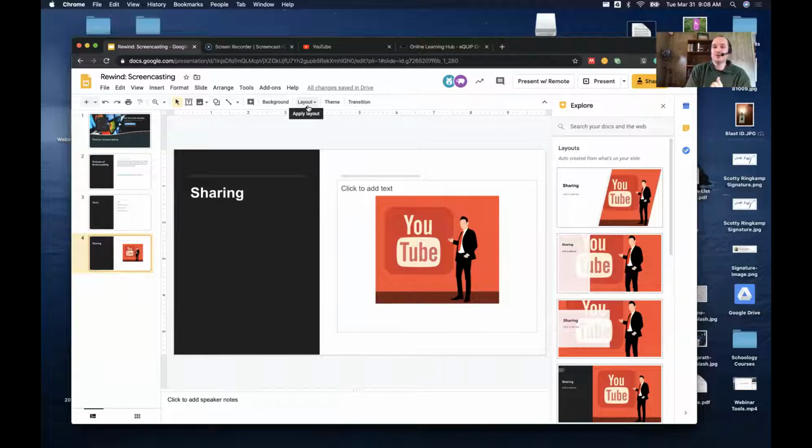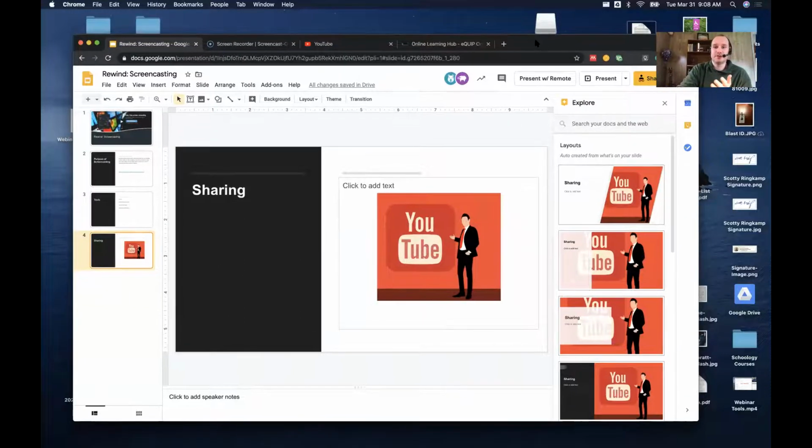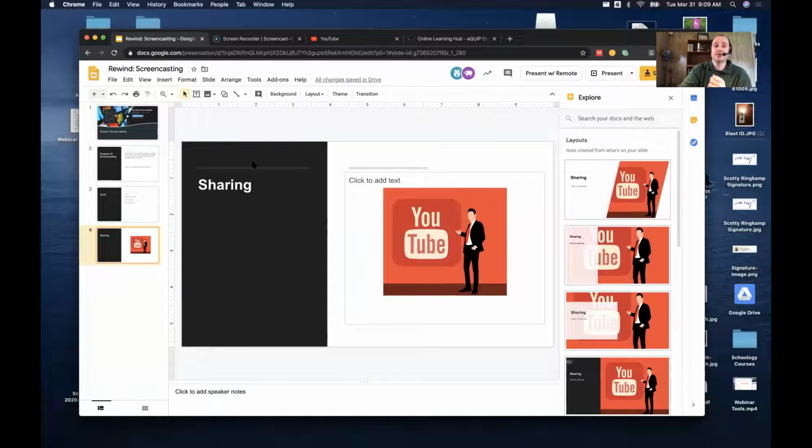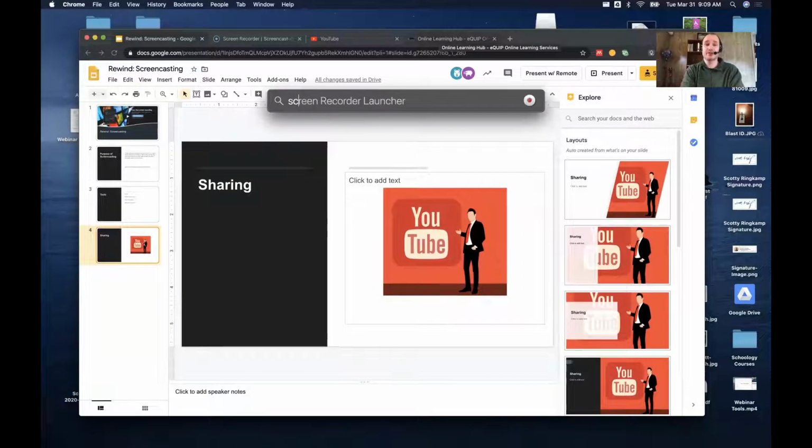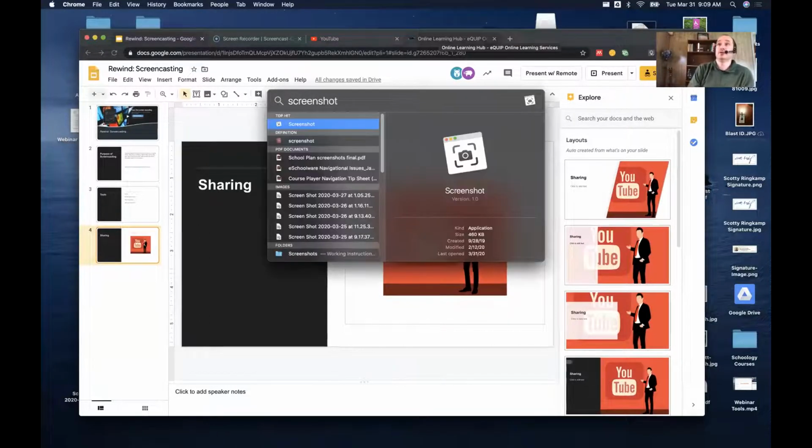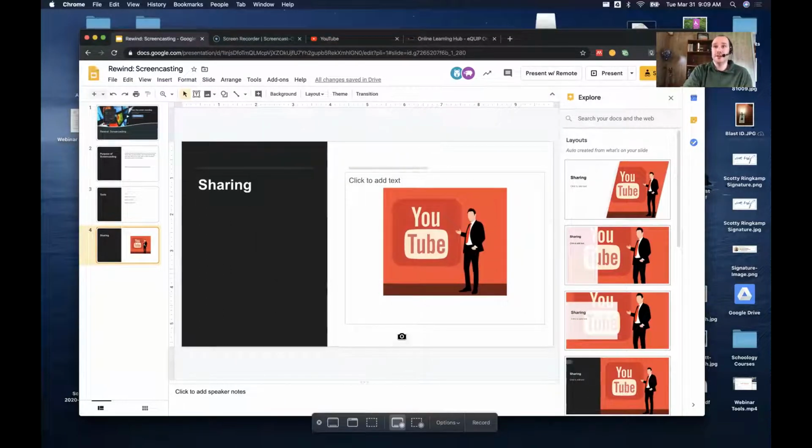I do want to show you the tools, though. So I'm going to start with the Mac. I'm using a Mac here to do my screen share. And if you use a Mac, you can do screencasting using the screenshot tool, which is built into the Mac. We'll click on it, and you'll see at the bottom,